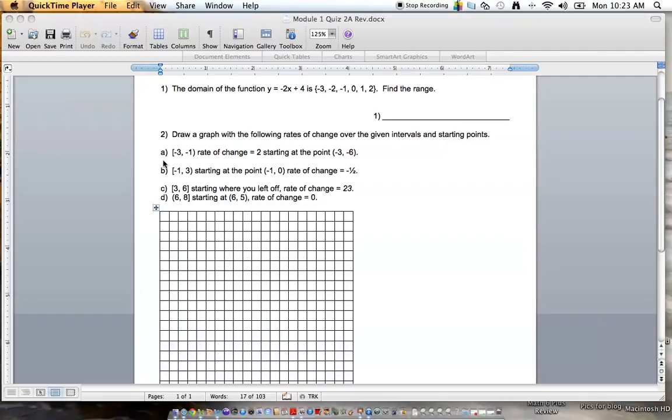Thank you. All right, so the first question here talks about domain, and it wants you to find the range. Now, what does domain mean? Inputs, very good, the set of all the inputs. Range is the set of all the outputs. So what I need to do is plug in each of those elements of the domain and get the elements